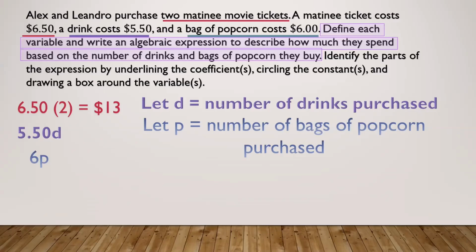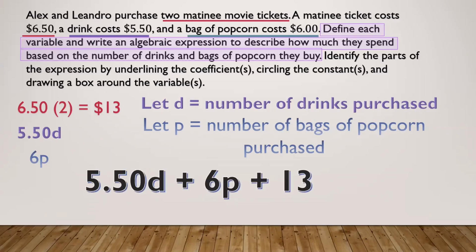Okay? All right, so I've done most of the legwork. Now, when I go to the movies and I spend, how would I find the total? Right, I add them all together. So there's my expression. I've defined each variable and I've written an algebraic expression. So most of you would say, okay, I'm done. I'm done with the problem. I can move on. But you're not, because it said underline the coefficients, okay? So you need to go look at your expression and put a line underneath the coefficients,